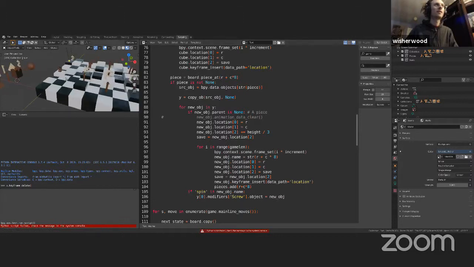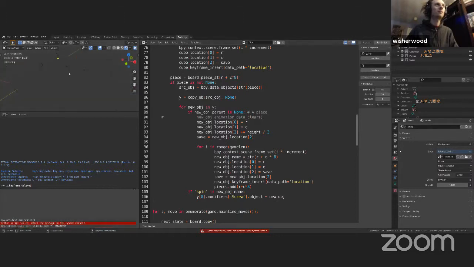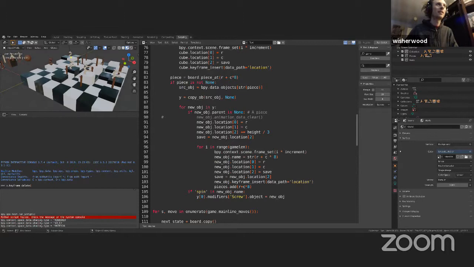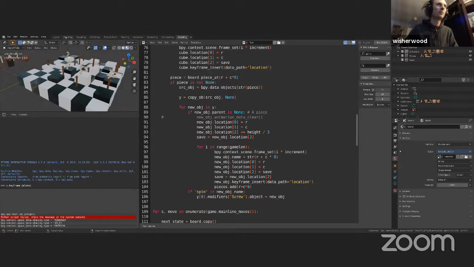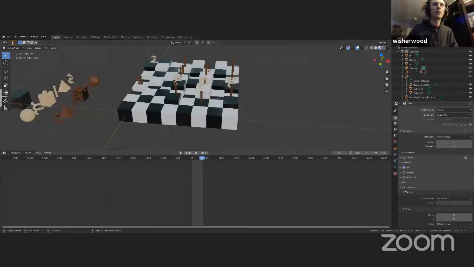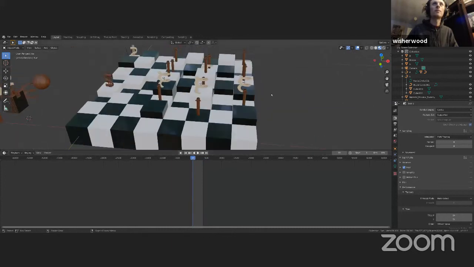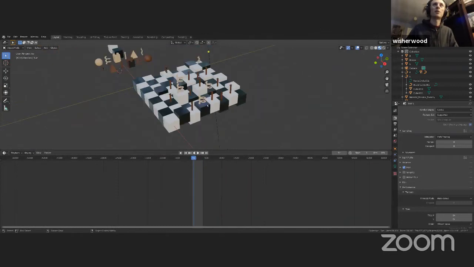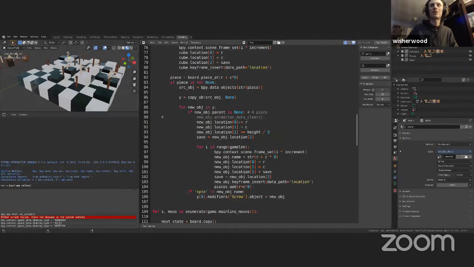I just ran this script, and then it sets up the chessboard and all this stuff automatically. Now I'm not going to be able to do the render because my computer can't handle it right now. But if I scroll through, it should be animated. Well, maybe this is the wrong version, but the point is you can set up all the scripting